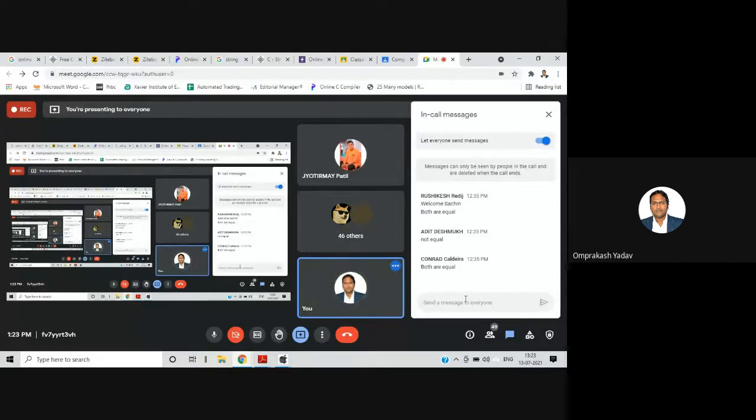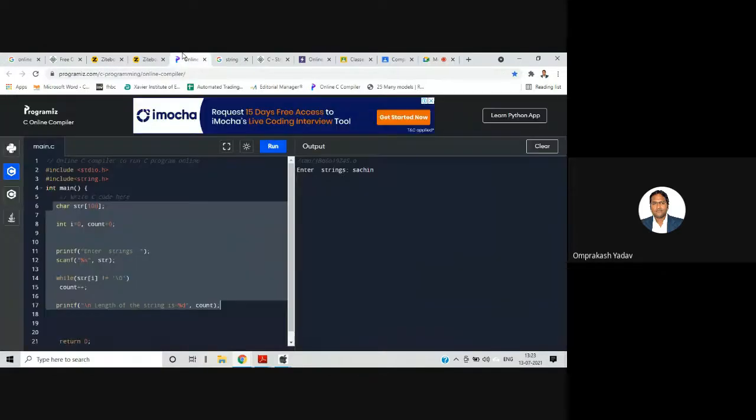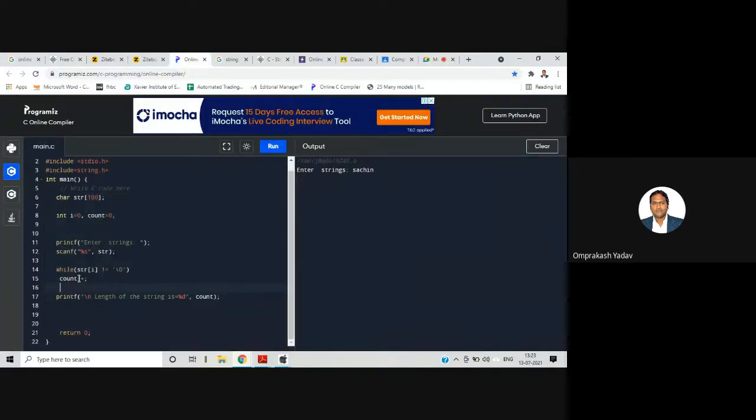I tried on both compilers and it's not showing the output. Okay, let's see here. The i variable, I am not incrementing it. If I don't increment, how will this particular character be reached?